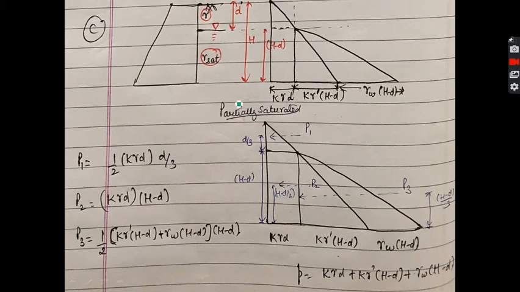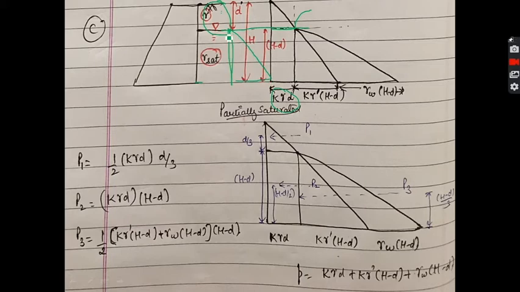Third case is partially saturated, in which some of the portion is dry and some of the portion is saturated. Here for this portion there is no water, so there is no pore water pressure. Hence at this particular depth the value of pressure will be K into gamma into D. As we continue below, the value will keep on increasing, and at this particular portion the total pressure will be K gamma into D from above plus the